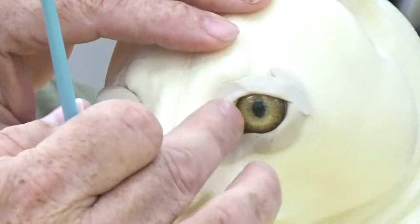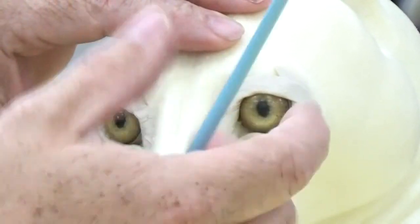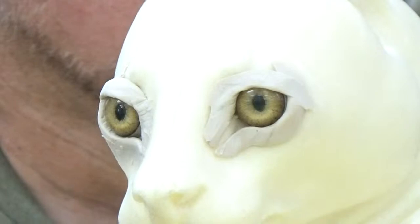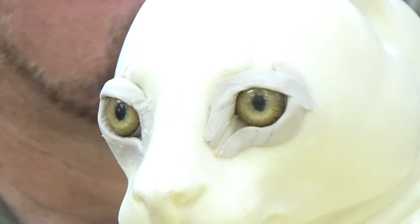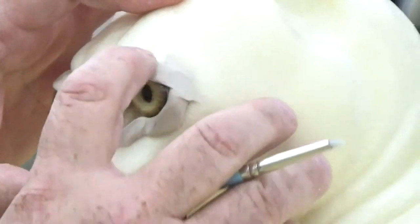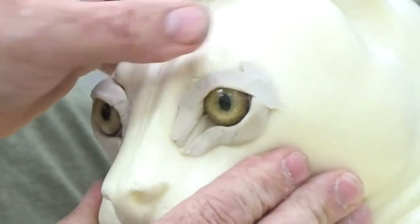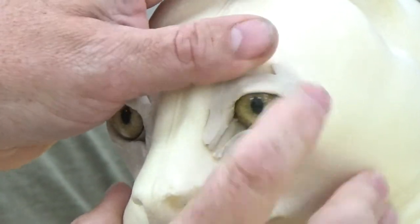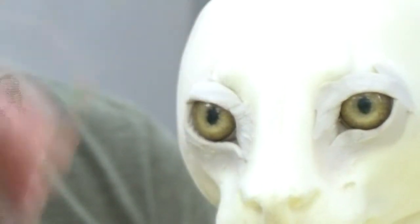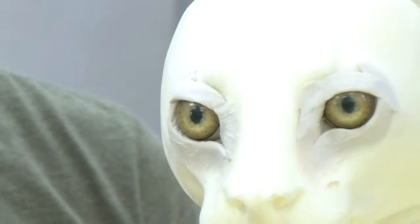Now obviously if you're doing a cat that's sleeping or something, your eyes would be a lot more closed, but I think you'll find even with a cat with his eyes almost completely closed, the back corner is still going to be higher than that front corner. Alright, I think we're kind of close there. So you can see we've got a pretty good